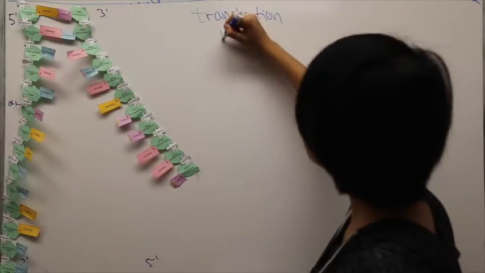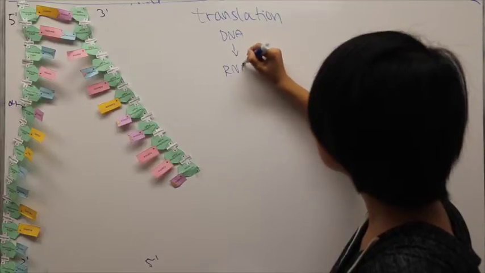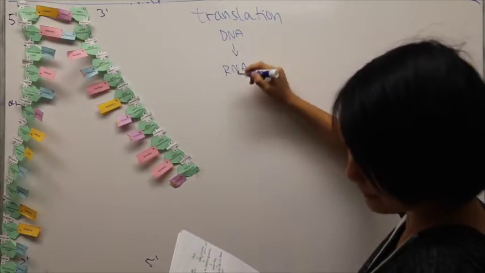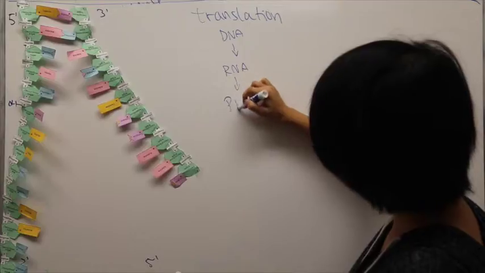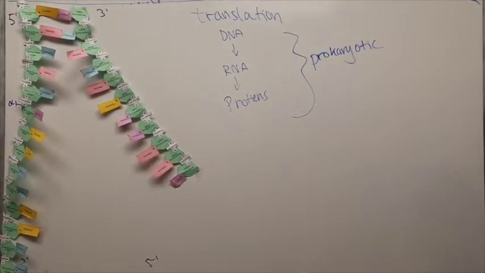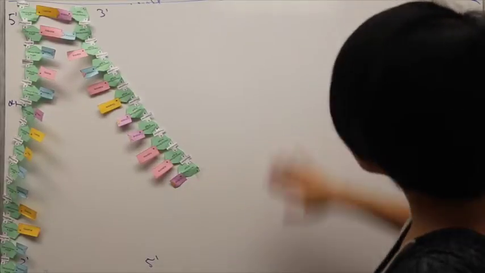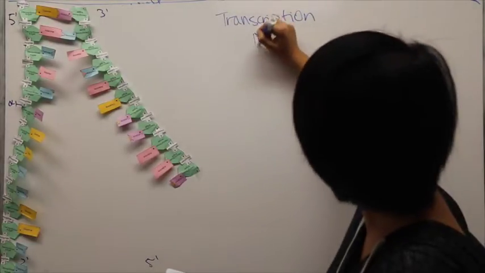Translation is when DNA, like we previously did, turns into RNA, and then into proteins. This process is prokaryotic. The next one we're moving on to is transcription. Transcription is when DNA